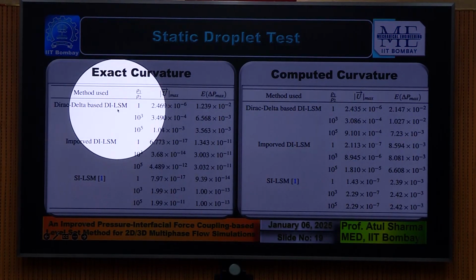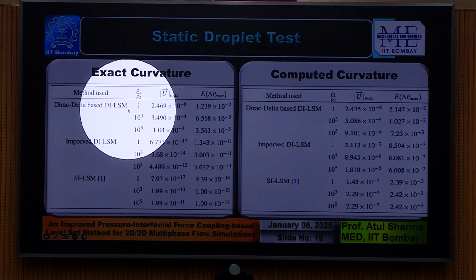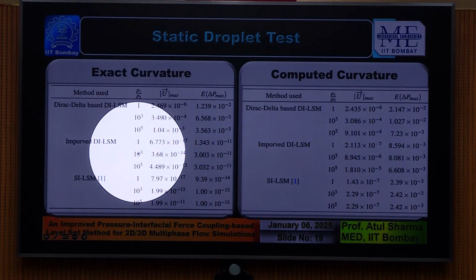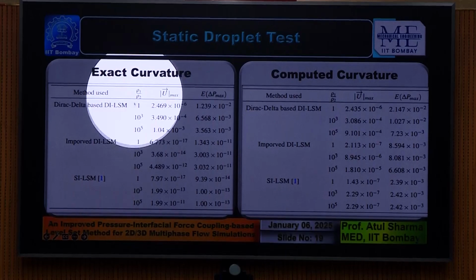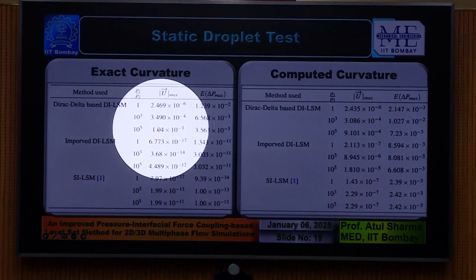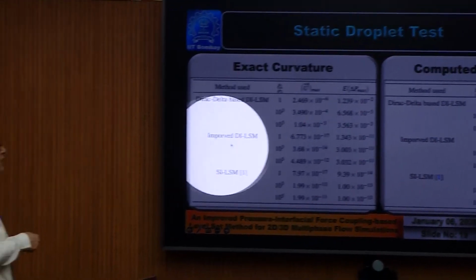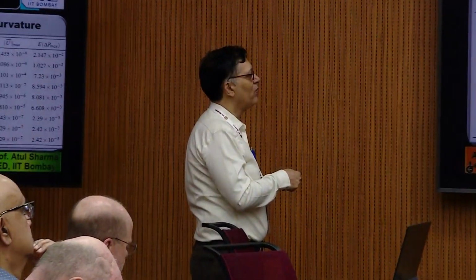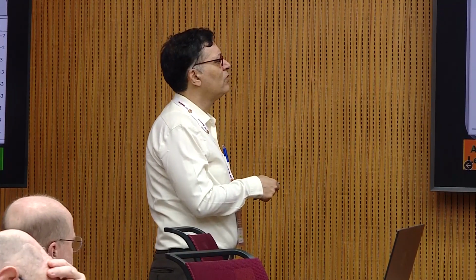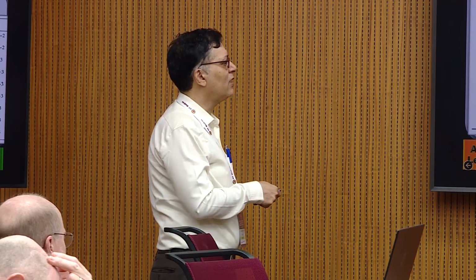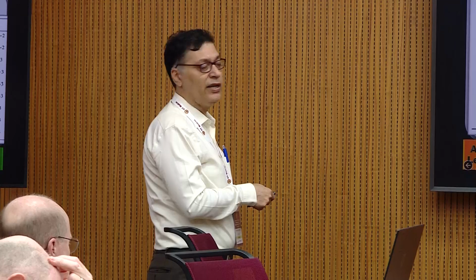Direct delta or the traditional diffuse interface level set method, and the improved diffuse interface level set method. We have considered three different density ratios, improved diffuse interface versus traditional. When you compare the magnitude of the maximum velocity, there is about 8 orders of magnitude reduction in the maximum velocity. If you again compare the delta p values, the error, you will see there is again a remarkable drop in the error in the improved level set